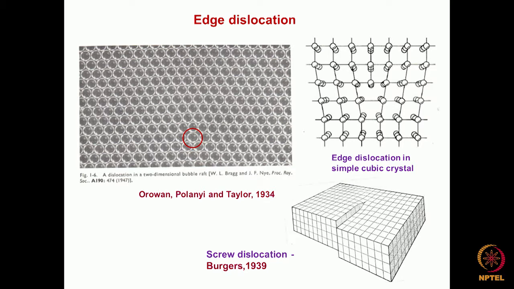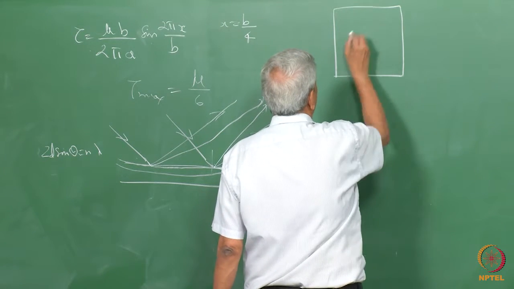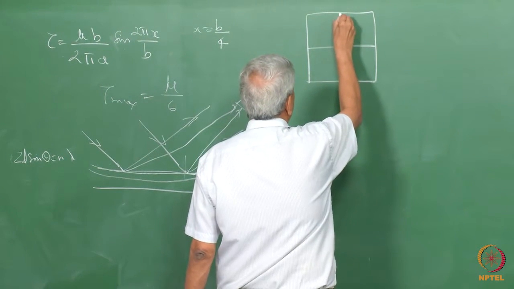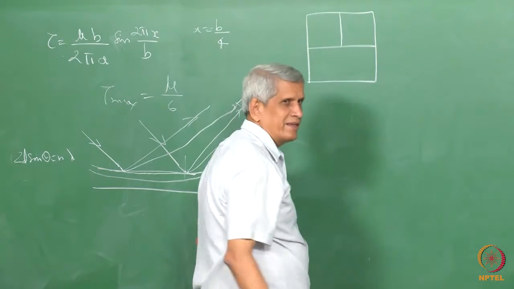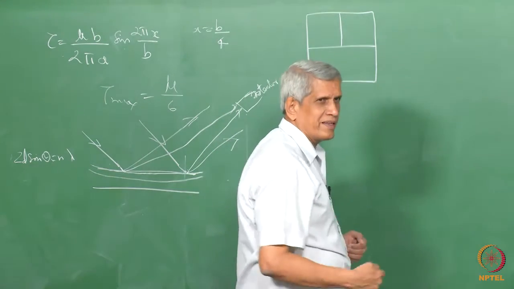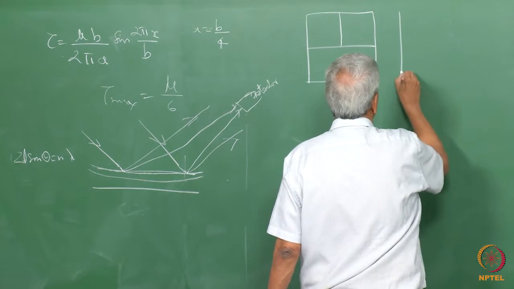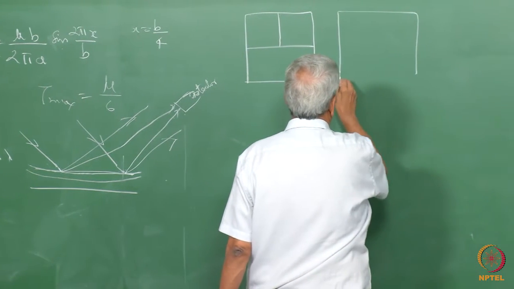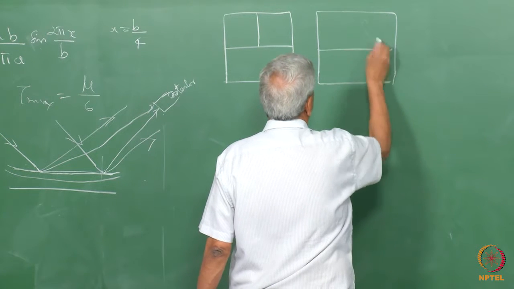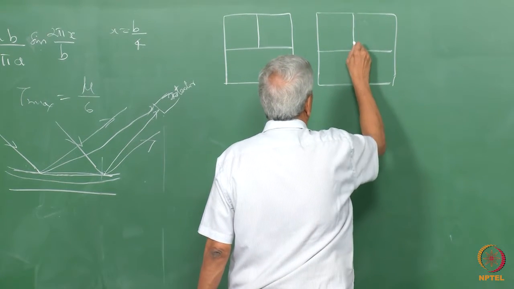That is, we take a perfect sample, make a slit up to this point, pull it apart, then introduce, on the region which has been pulled apart,